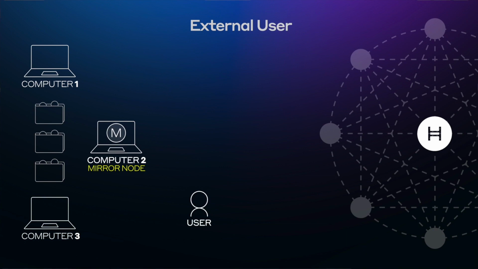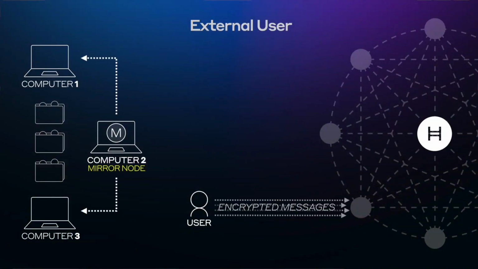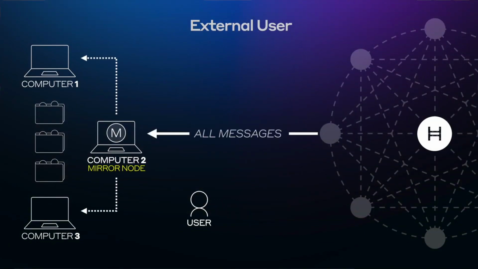But the user then, when they want to do some transaction with you, maybe to move one of your stablecoins around or bid in your stock market or play your game, the user sends their message encrypted to the Hedera network. It sends it back to the network, maybe through one mirror, maybe through multiple, maybe through an external mirror. You can mix and match all these things. And then the network figures out how to update its state. And then every computer in this AppNet has the state.